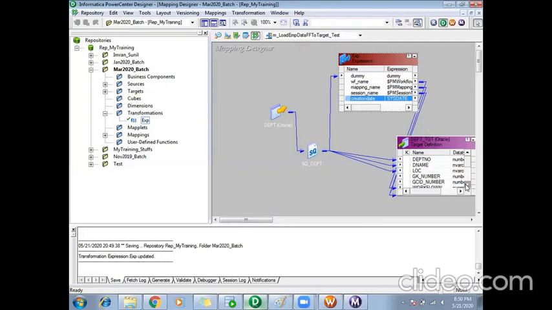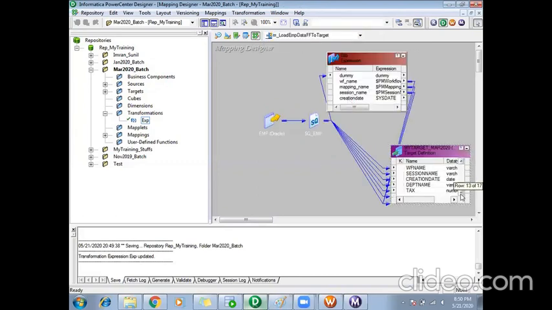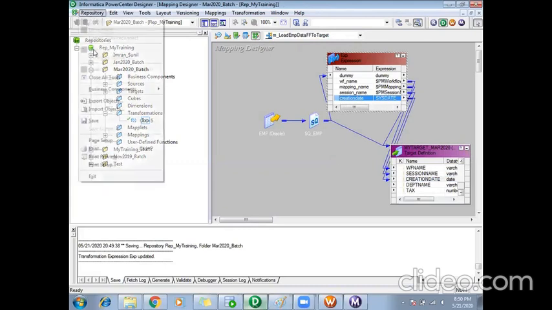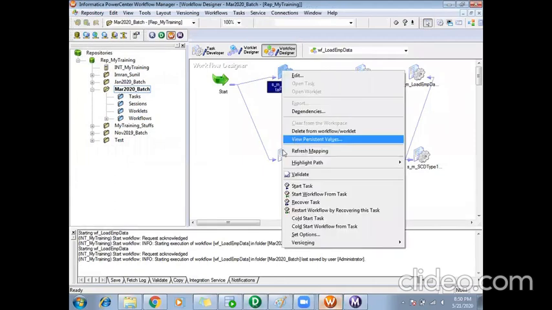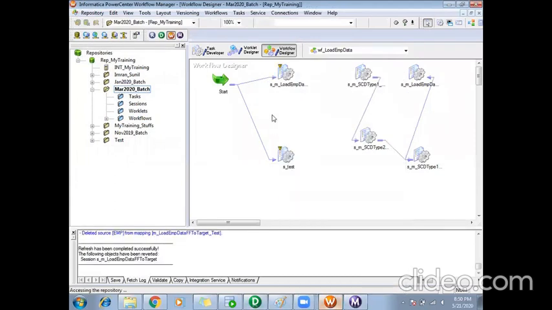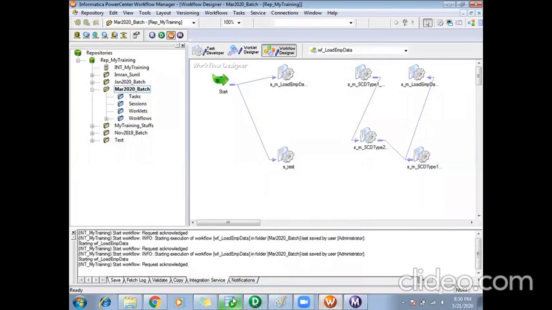So this creation date, I will link it to my target creation date in both the mappings now. Okay, so I'll save my work. I can refresh both my sessions, which are loading the employee and department tables separately.